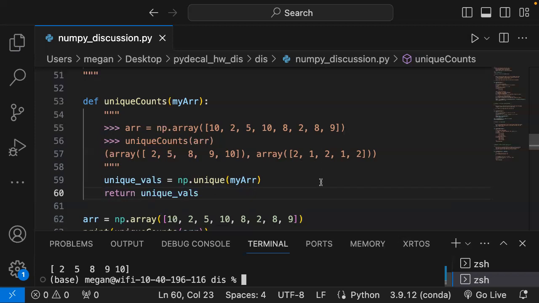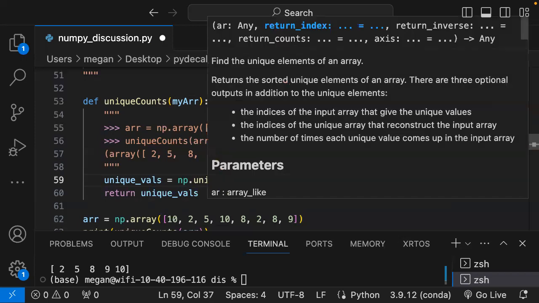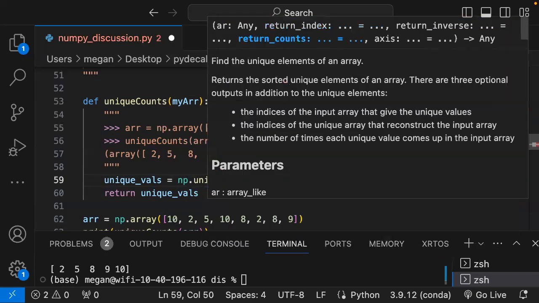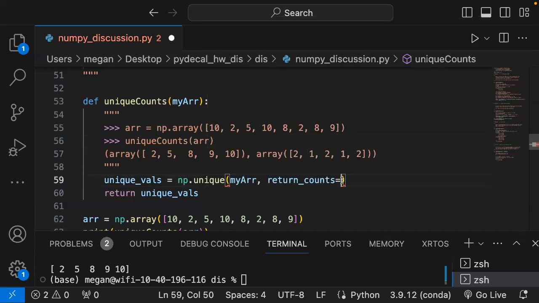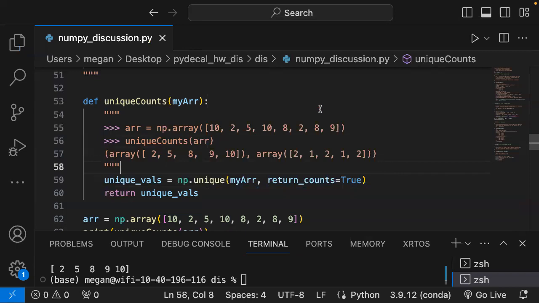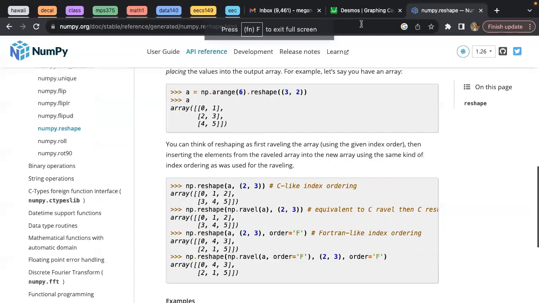Just to return the count of each. I think for the unique function, there's an extra parameter you can add and return. Yes, exactly: return counts equal to true. Okay, so let's quickly look at the documentation for